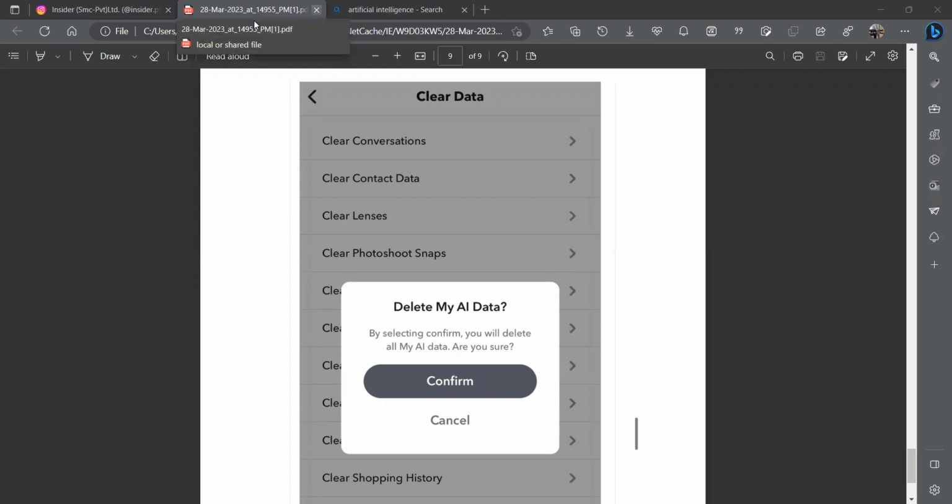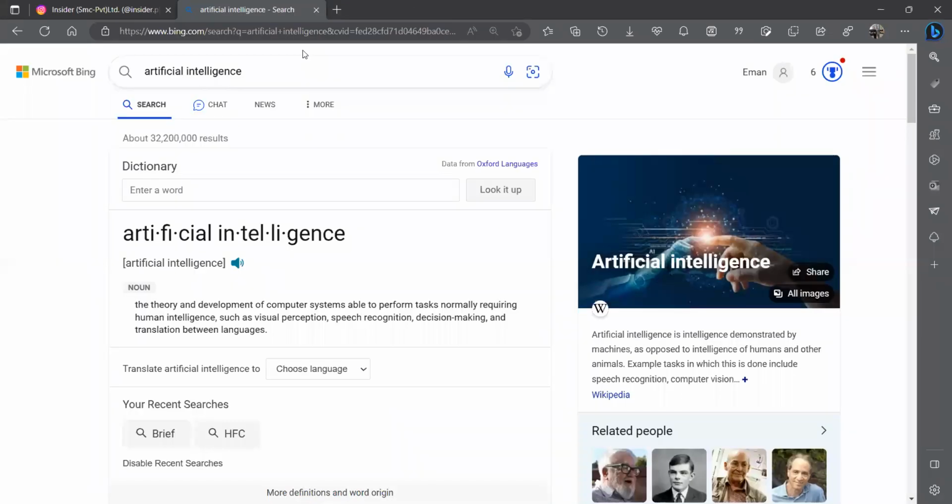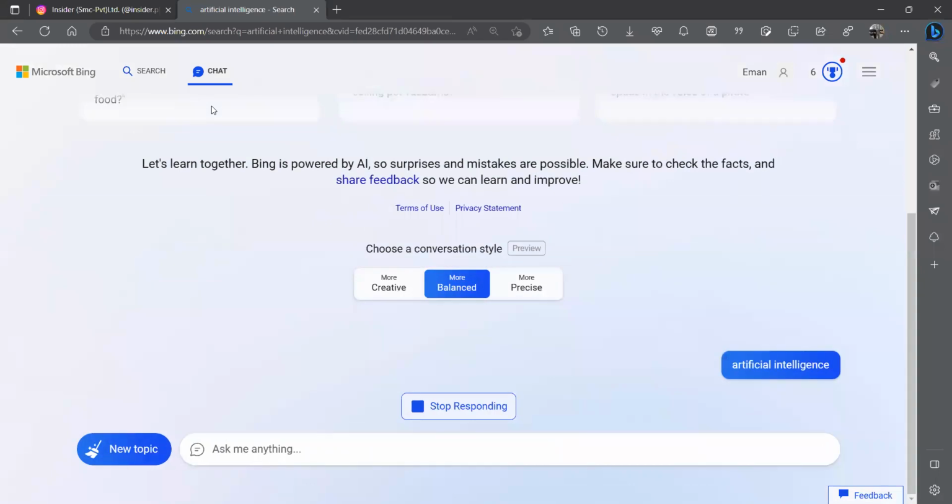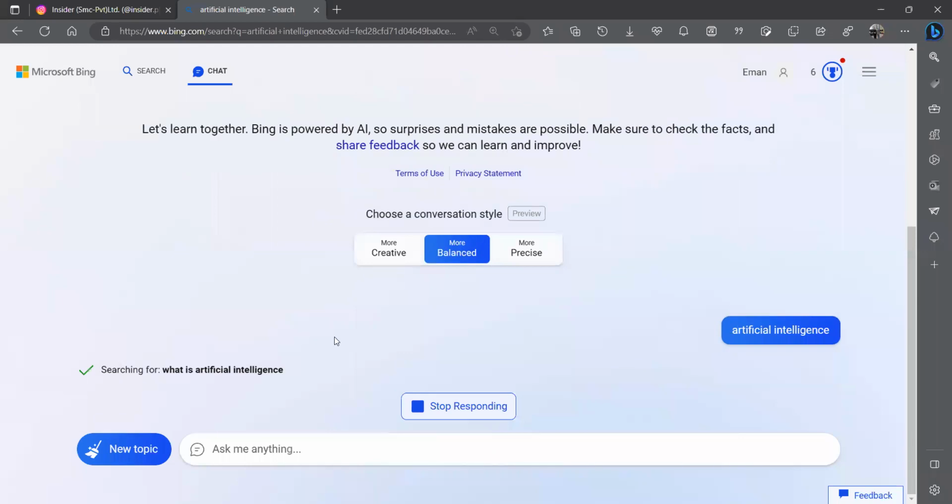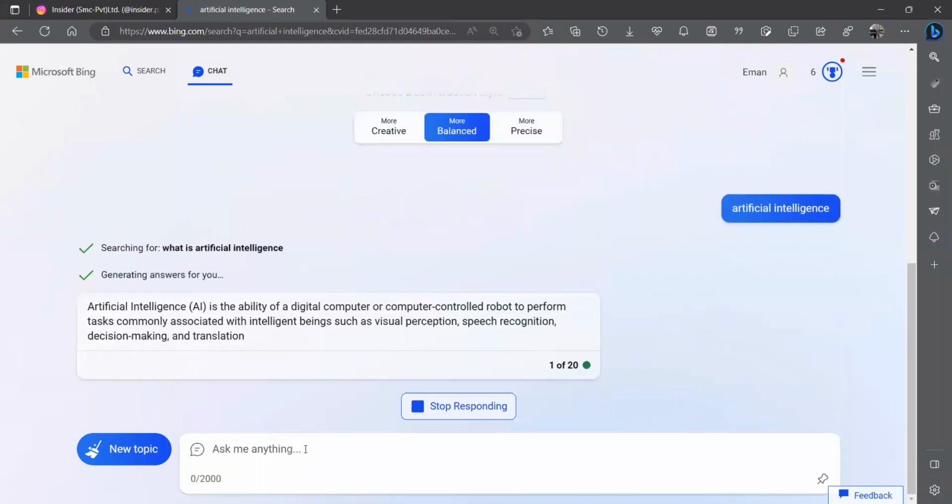Now let's look at the artificial intelligence that is already present in our laptops and computers, which we do not actually know about. So I'm using Microsoft Bing, and when you search artificial intelligence in it, you just have to search it and then you get the option here to chat. Once you click on it, you get the artificial intelligence chatbot for Microsoft Bing, and you start a conversation with it, right? So let's start